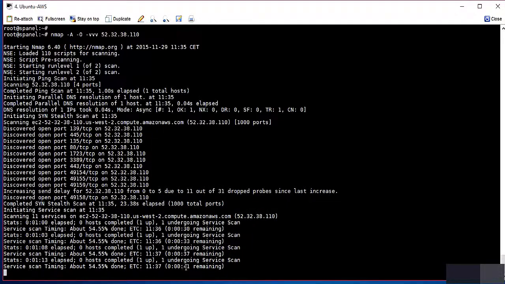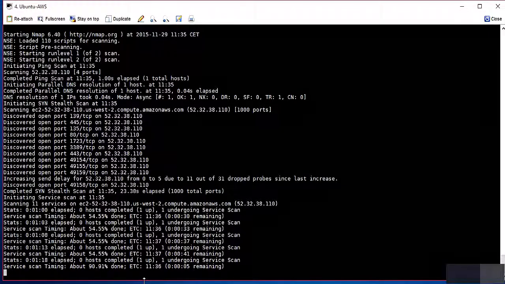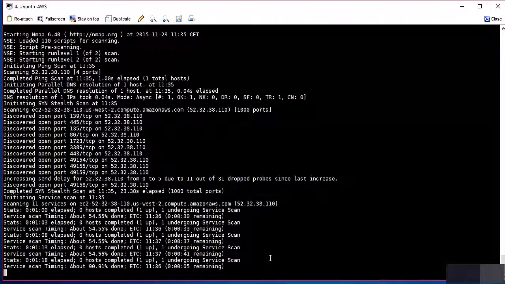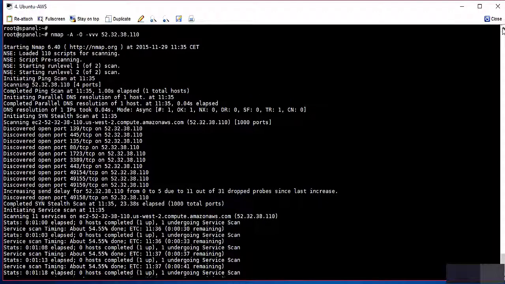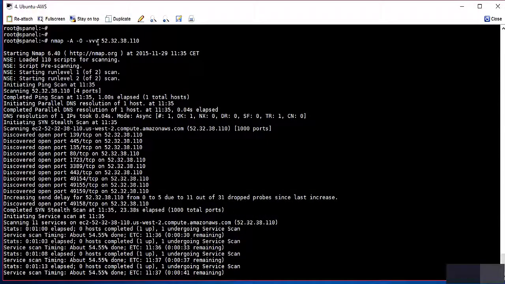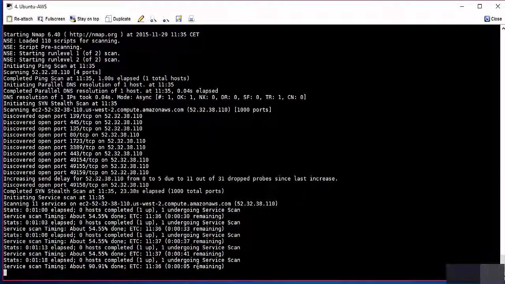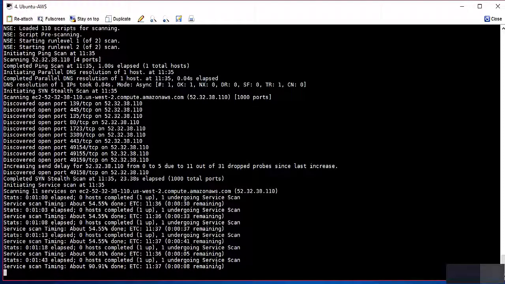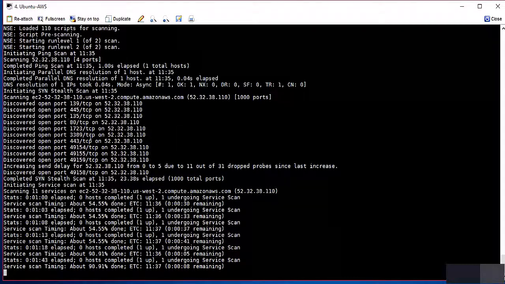And as that is running, let's talk about some of the other ports. If you look at some of the ports in that list, we've got 139, 445. If you didn't use the -vv option, you wouldn't get all this detailed information. So using the -vv option will give you much more detail than previously recorded. So let's make sure this finishes shortly. It shouldn't be too long,